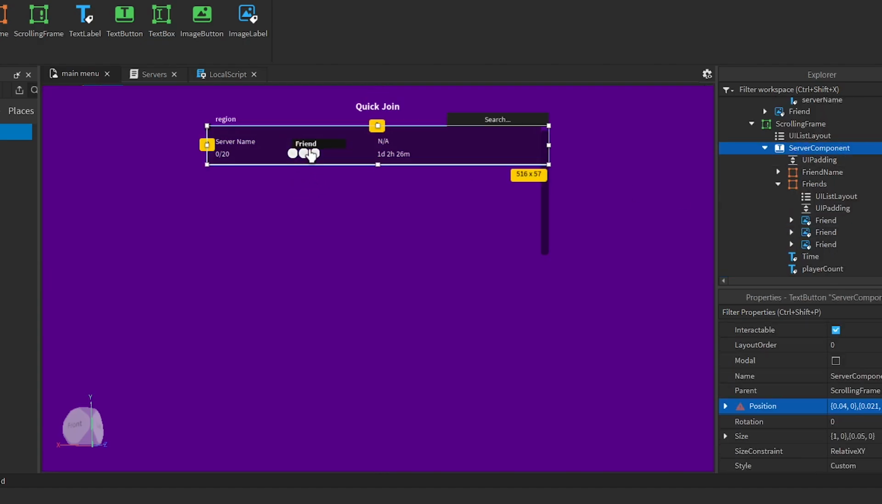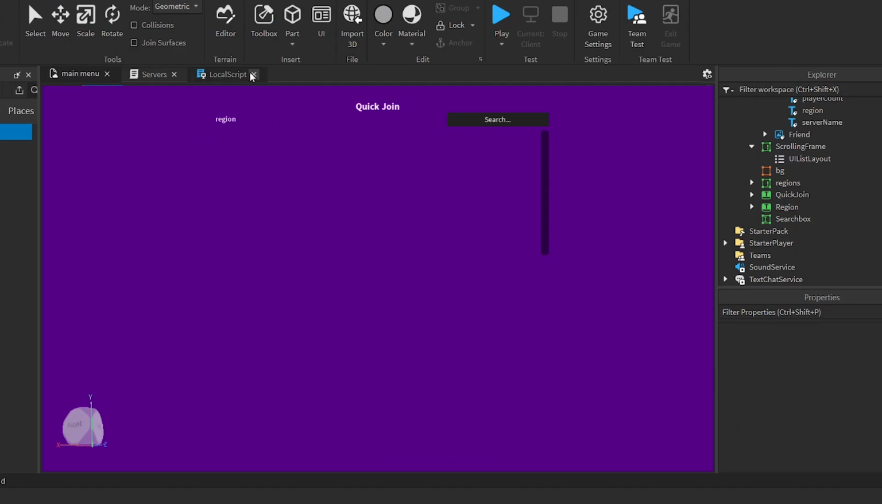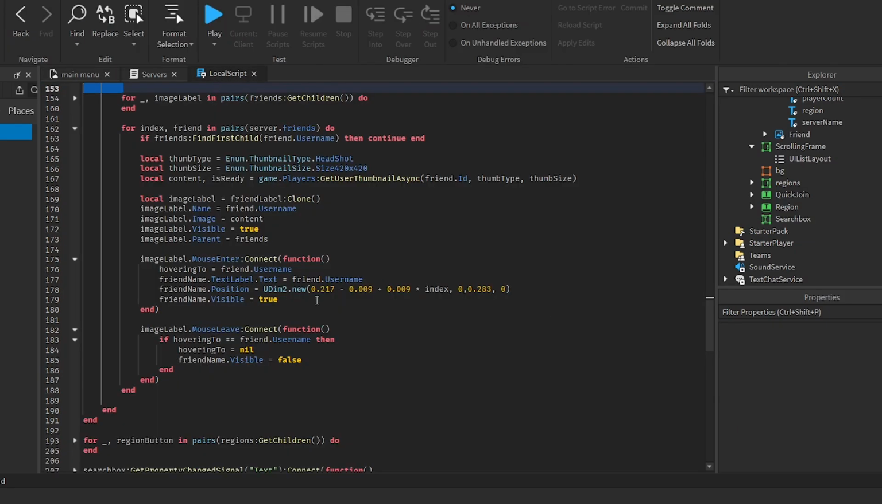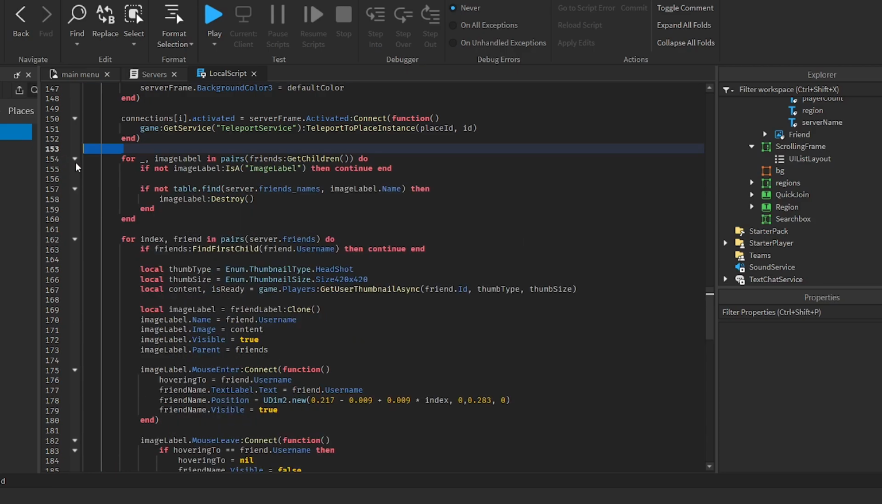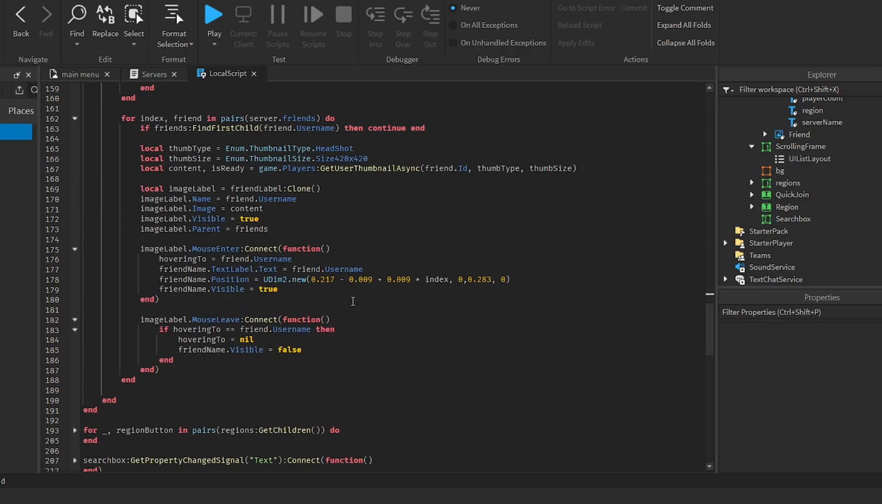I don't think this is precise enough, so do whatever you want. Change the position to whatever you want, but that's the gist of it. I think that's all, and then let's test it out. Oh yeah, and when the mouse leaves,